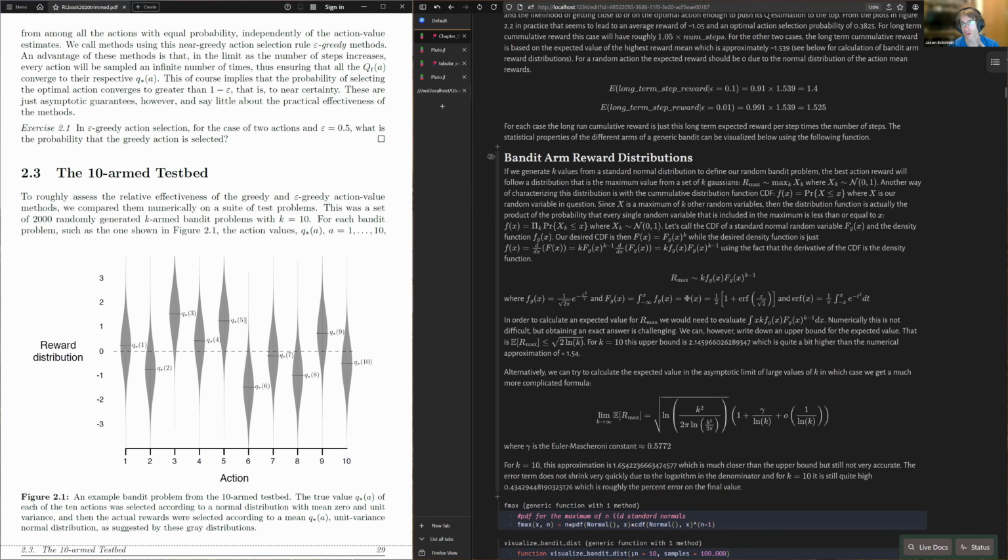Now we want to get the density function from this, right? The density function is akin to